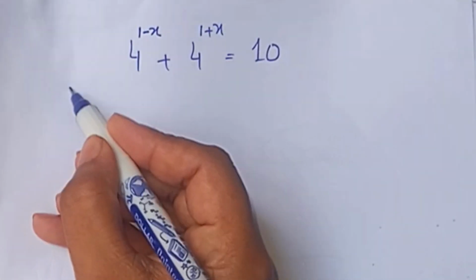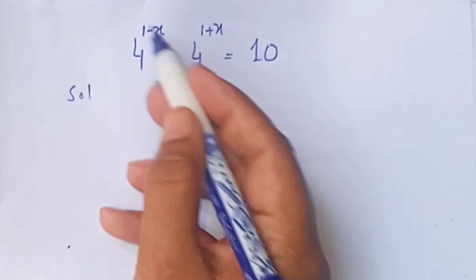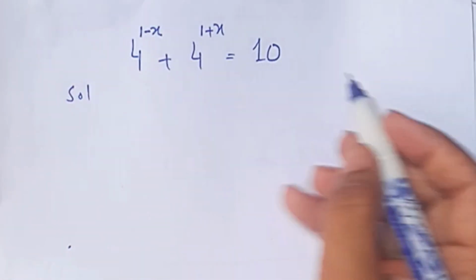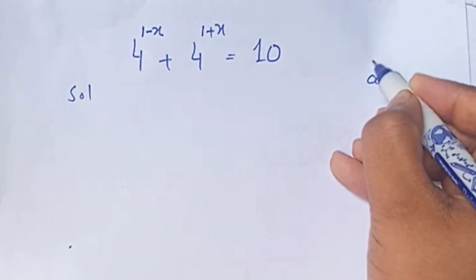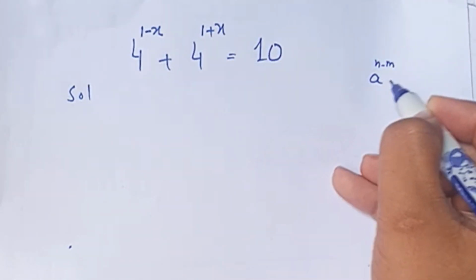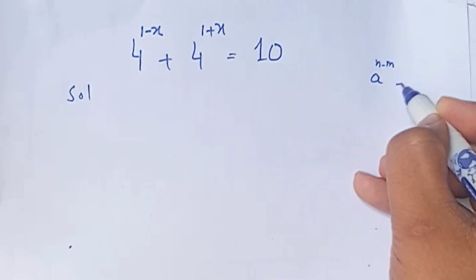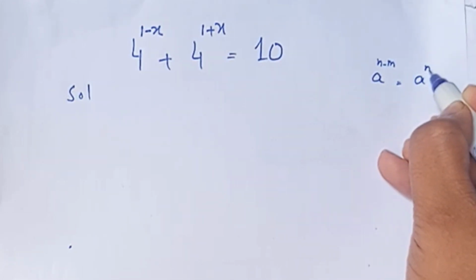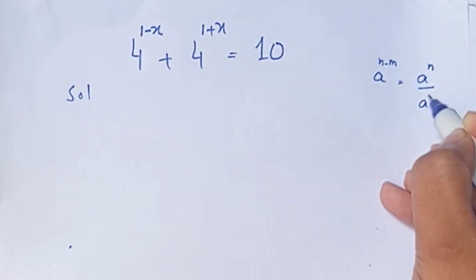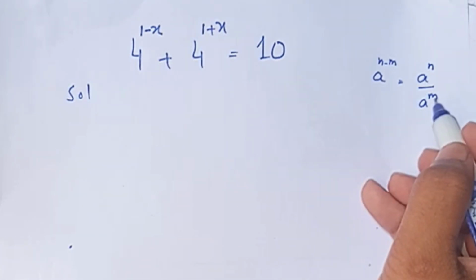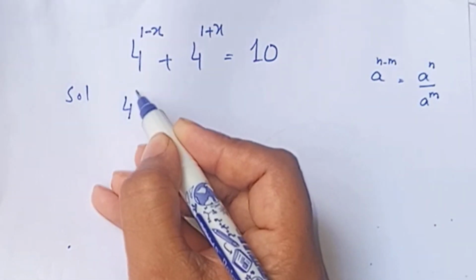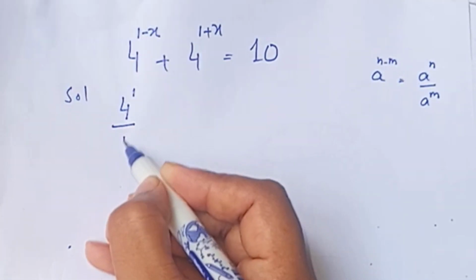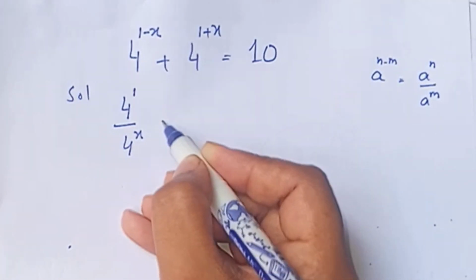So let's start. Look at the first term. Here we use the identity of exponent. We know that a^(n−m) we write as a^n over a^m. So apply this identity on the first term. This will become 4^1 over 4^x, equal to,